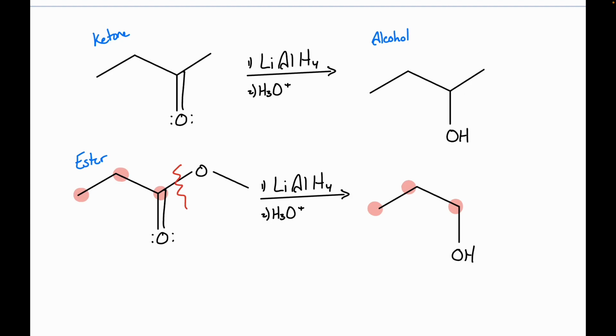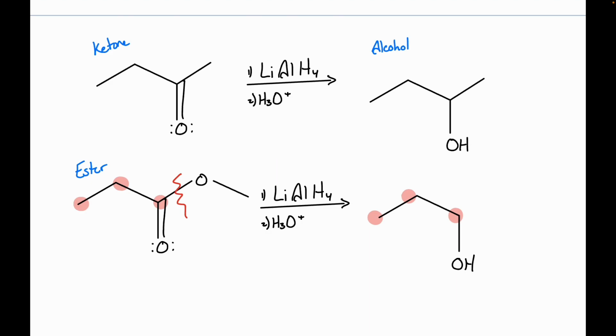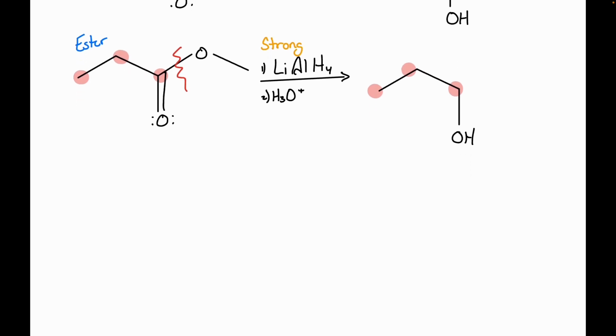Okay? So we didn't really talk about this when we introduced lithium aluminum hydride, but because of this, we can consider this a strong reducing agent. We talked about strong and weak oxidizers. Now we're talking about strong and weak reducers. Lithium aluminum hydride would be a strong reducing agent, which can fully reduce that ester. Okay. So now we're going to introduce a sort of derivative of this lithium aluminum hydride, what's called